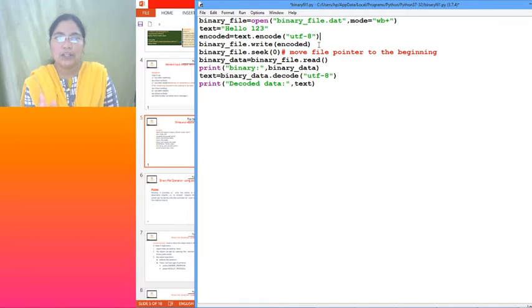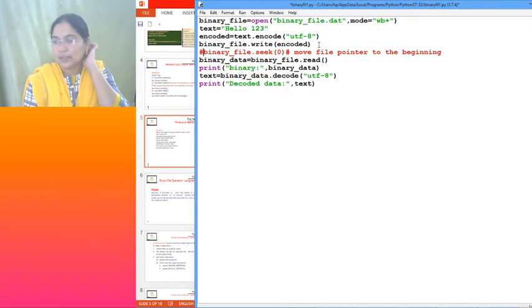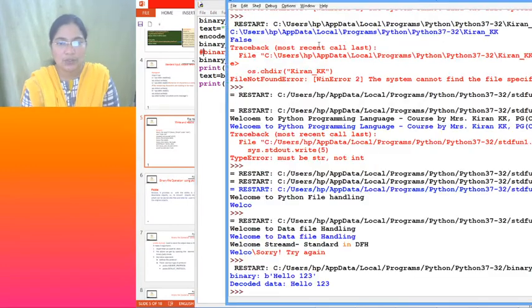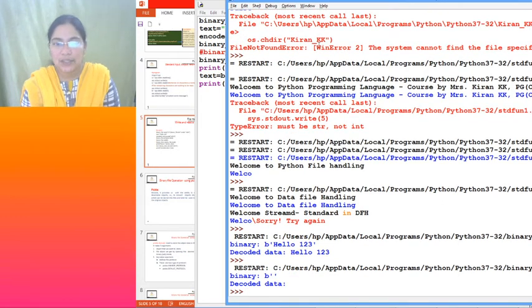Now when we try to read from that, without this, let us read and see what you can read. Nothing. You may feel that there is no data written into the file, but the decoded data is nothing. Why? Though the content is written into the file, the cursor is at the end of that writing. So when the cursor is at that location, whatever you try to retrieve, nothing is there. It has already reached the end of file.